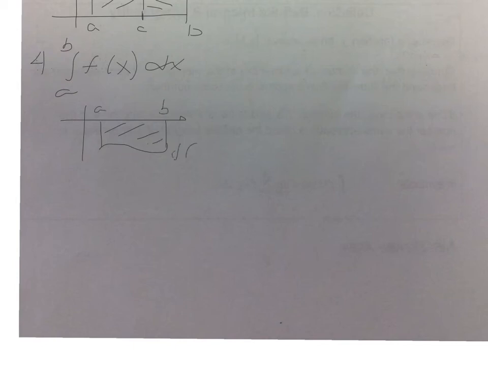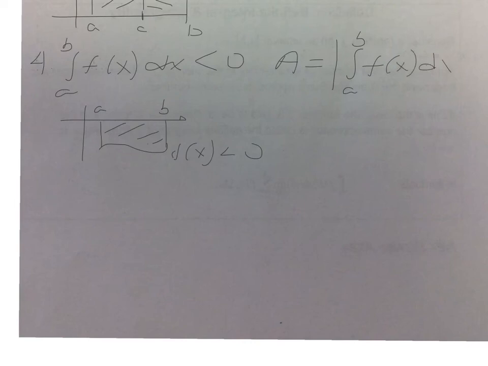So f of x is less than 0. Do we expect that the integral, since it's net area, will also be less than 0? It's going to be negative. However, if we want to find the area of the region, then we're going to be looking at the absolute value of the integral from a to b